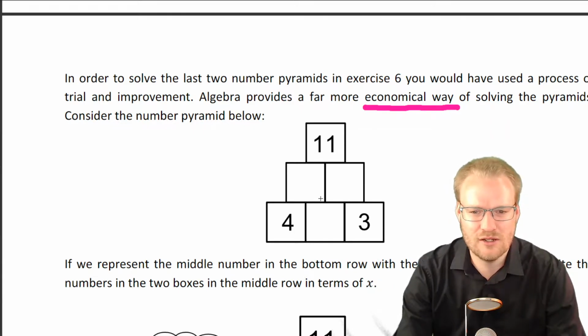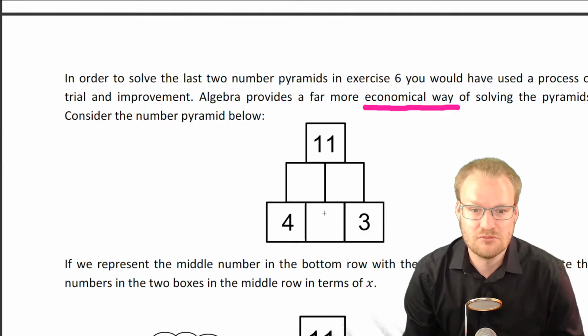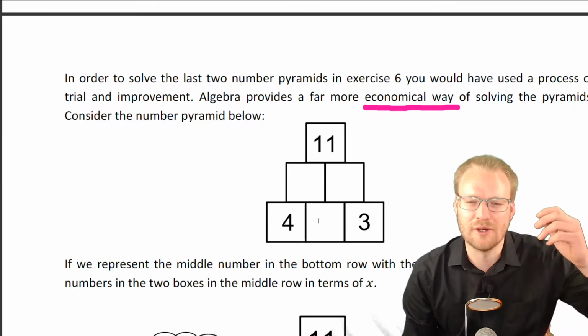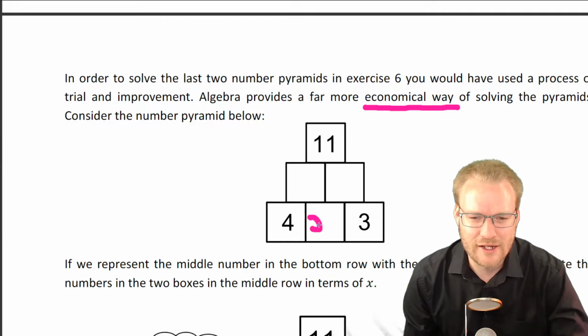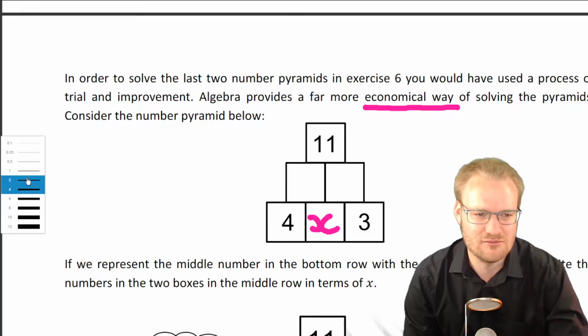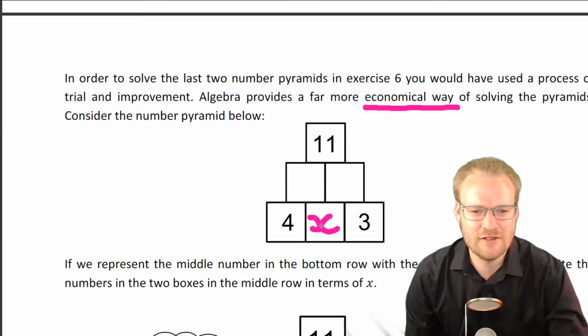So we can say, let's build up our number pyramid and say we want to find out what this bottom number here is. So it's written all over the page. What letter do you think would be good to use at the bottom here? I'm going to go for an X, but there's nothing to say that it has to be an X. But generally we do use X's, remember? So if this is X,